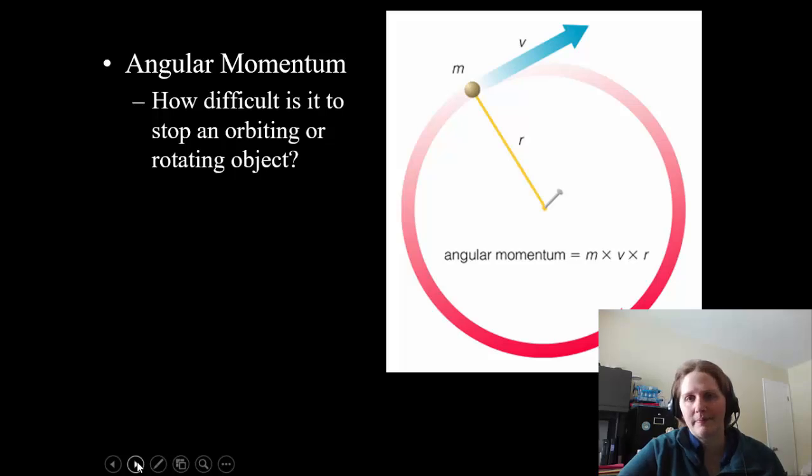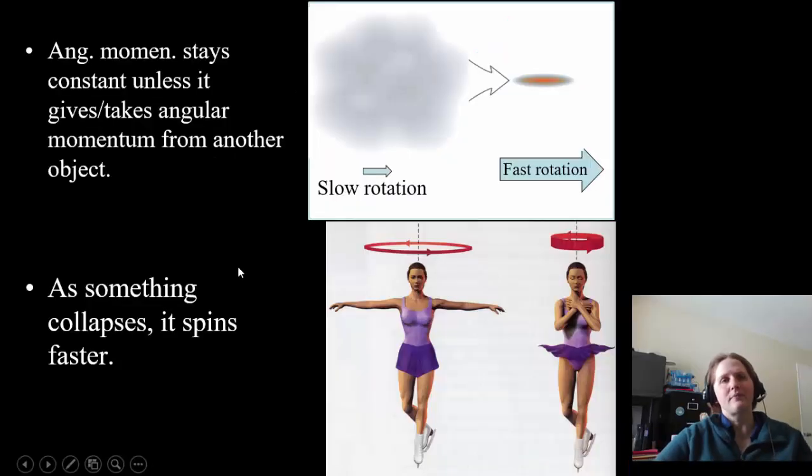All right, so we did momentum, the idea of how hard is it to stop an object. Well, since we have orbits and rotations out in space, they have their own type of momentum. So angular momentum is basically how difficult is it to stop an object from orbiting or from spinning, because a spinning object will want to stay spinning. An orbiting object will want to stay orbiting. Okay? So, angular momentum